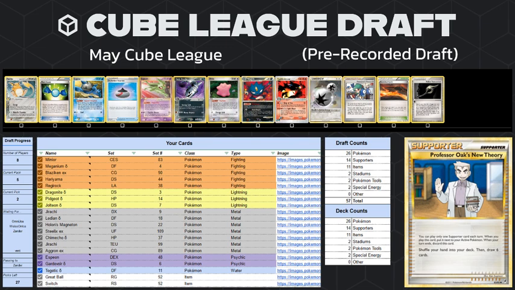Roseanne's Research, of course, is very powerful. Evolution Incense, I would say, is slightly stronger than Roseanne's, and Rare Candy is also extremely powerful in this cube, as well as Lapras. Lapras is one of the best basics. So, a very interesting decision, but